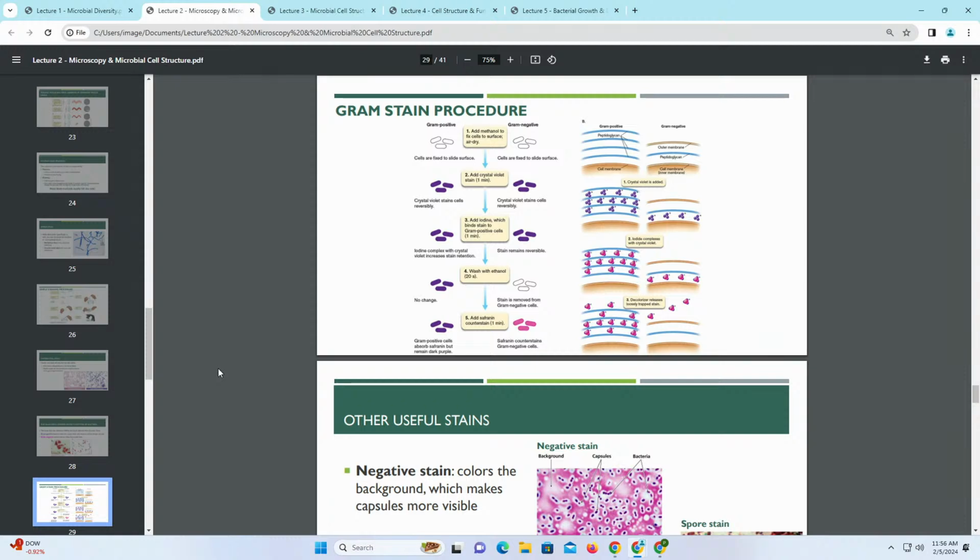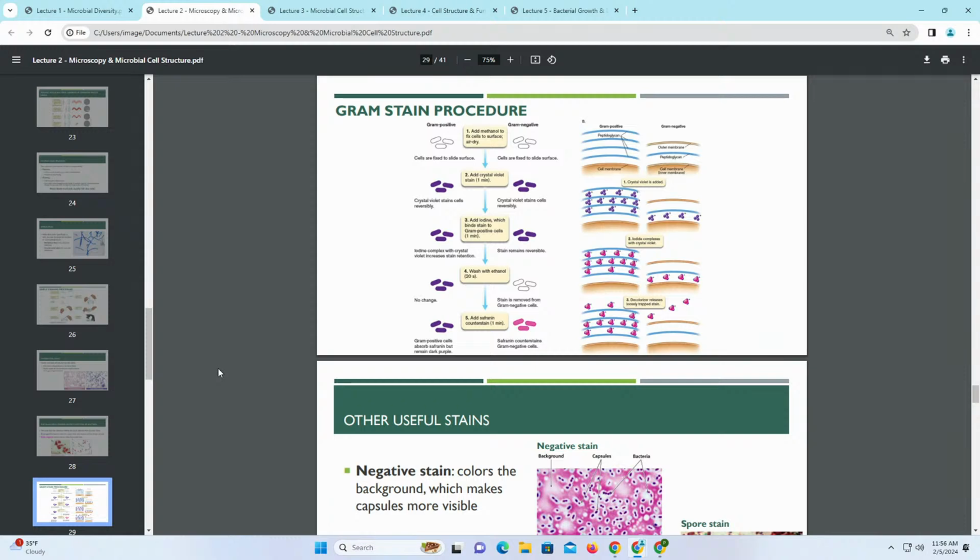At this point, crystal violet is retained reversibly in both. If you were to use decolorizer, or ethanol, before the iodine, then you would lose the crystal violet from the gram-positive cells. So in order to trap the crystal violet, we need iodine first, before the ethanol. Iodine is added because it helps to bind the stain really well to gram-positive cells.